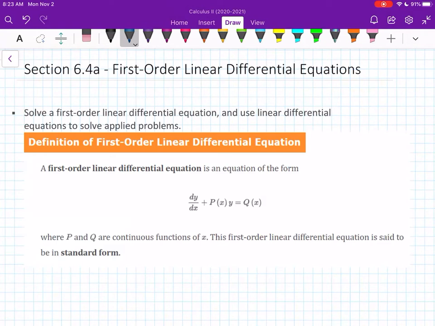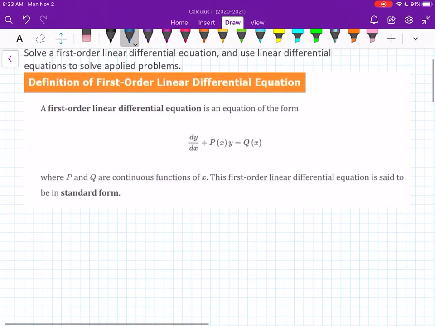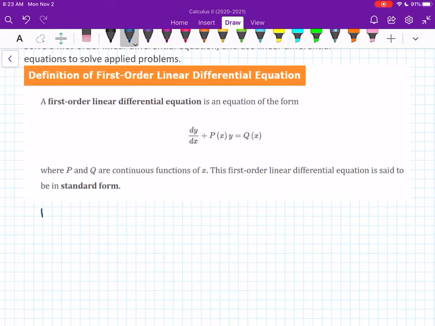All right, so first order linear differential equations, what are they? Well, they're equations of the form dy/dx plus p of x times y equals q of x, where both p and q are continuous functions of x. When it's in this form, it's called standard form. So we always want to make sure that we write it in standard form so we can find something called the integrating factor. And so to solve these,